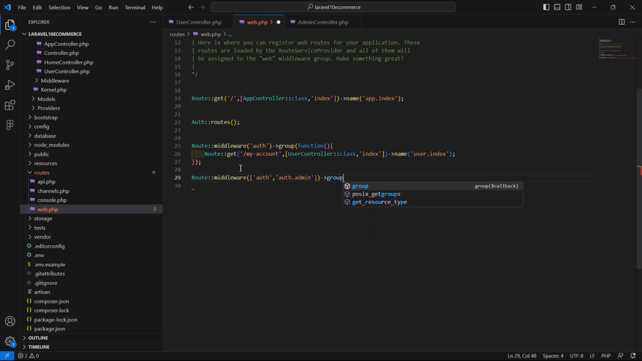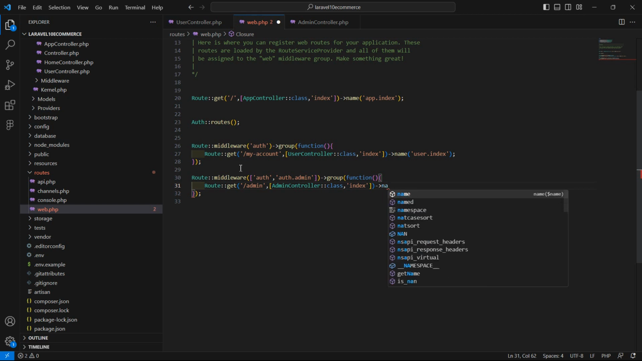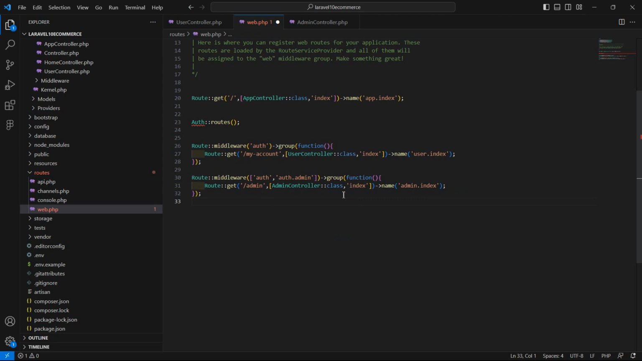Then create the group, route group, and then add here the callback function, and inside this function just create the admin route. Okay, so write here Route get and then URI admin, add here the controller name AdminController colon class and function name which is index. Okay, and give the route name admin.index. Okay, now save this file,